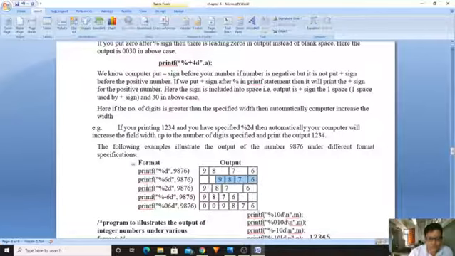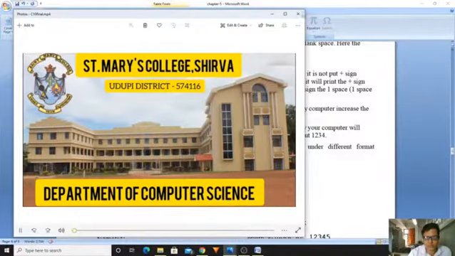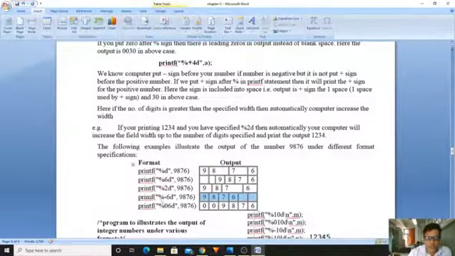If I take %2d with 9876, within the width of 2, 9876 does not fit, so obviously it will take a width of 4. And if I take %-6d, we get 6 spaces, and within them it is filling from left to right. Now %06d, if blank spaces exist, then they will be filled by 0.